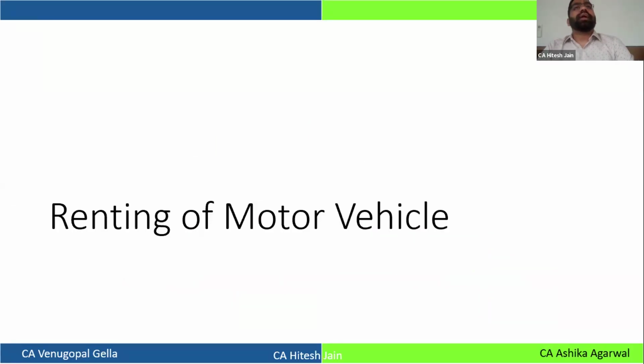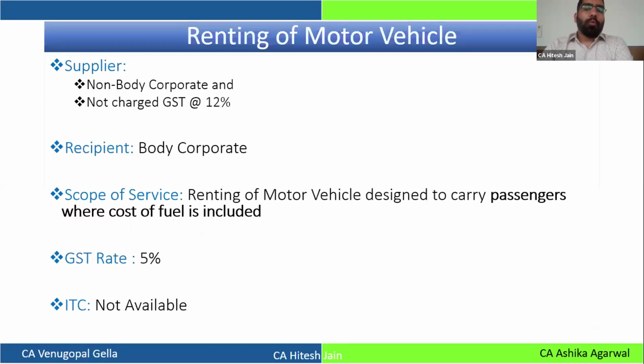Now coming to renting of motor vehicle. This is another major expense which the corporates book in their books of accounts. Many corporates do provide this cab facility to their employees, specifically women employees. So when it comes to renting of motor vehicle, what are the provisions which attract the RCM liability on